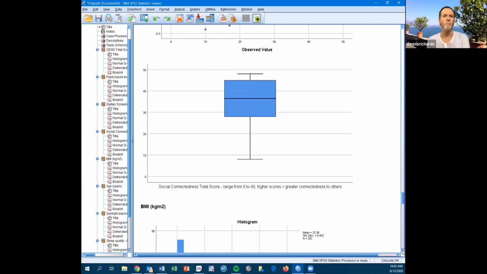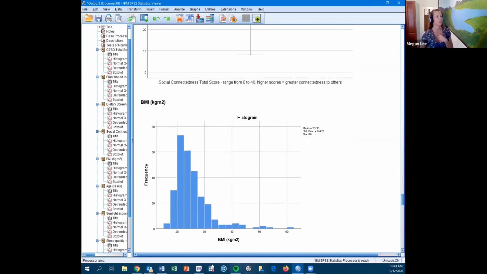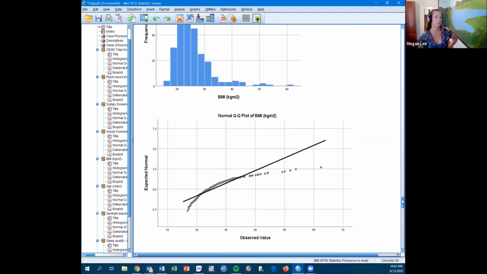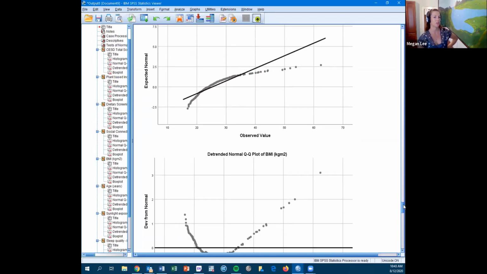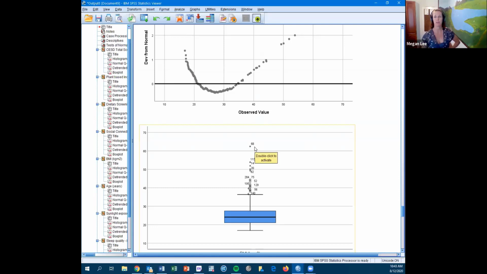No outliers. BMI is always going to look like this. So here's our positive skew for BMI. Most people here are in the normal average range, and then we've got quite a few people out here on the snake end who have those high BMIs. And once again, out here right at the edge, there's number 68 again with her high BMI. There she is again, pulling the QQ plots out, making them all snaky, and being weird in the detrended QQ plot as well. There she is at the top of our box plot, all the way up there with her massive BMI. But the BMI box plots always look like this, where they're really squished, with the medians down here and lots of people outlying up there at the higher end of BMI. It's normal for our Western population. It's a bit sad, but